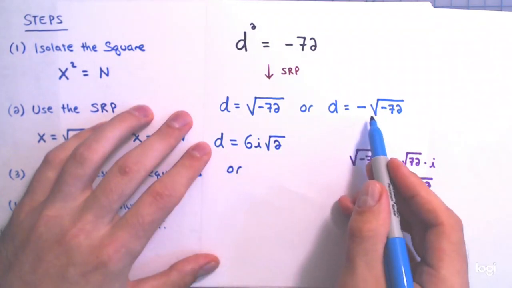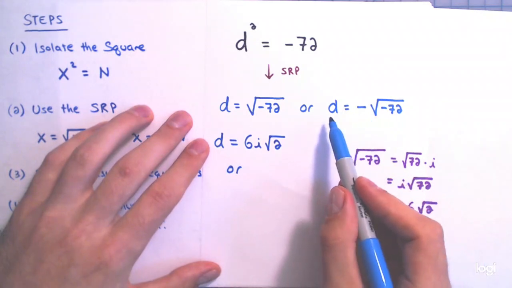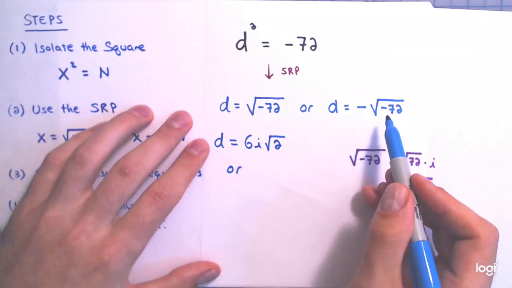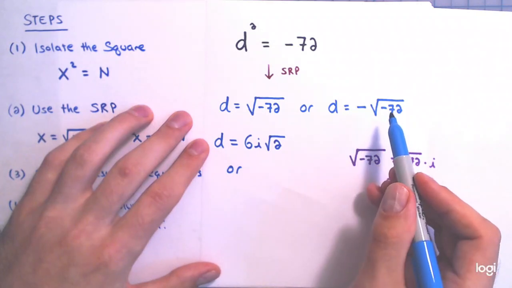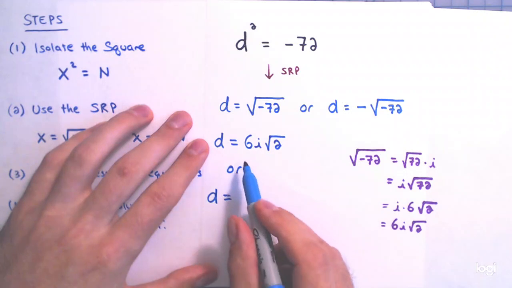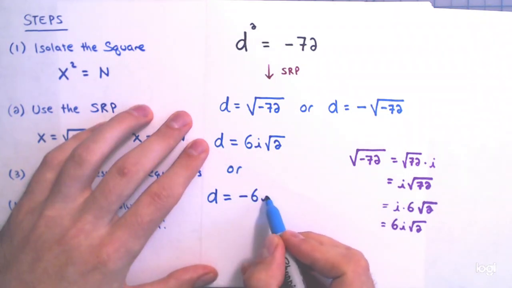Or, because I don't have a lot of space down here, the other equation, the right equation, I'm going to write down here: d equals the opposite of that, the opposite of the square root of -72, so that would be d equals